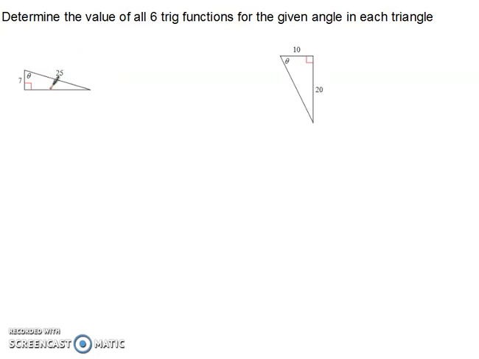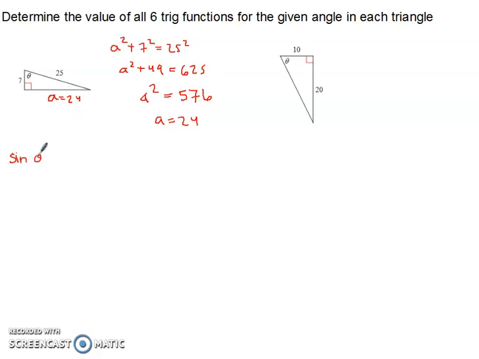First thing I'll do is use my Pythagorean theorem to find the length of this missing leg. So a squared plus 7 squared is equal to 25 squared. So a squared plus 49 is equal to 625. Subtracting 49 from both sides, a squared is equal to 576, which does have a perfect square of 24. So this leg is 24. So then I want sine, cosine, tangent,